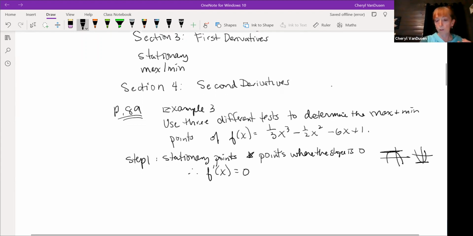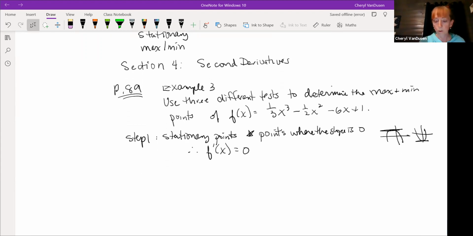Okay, so step number 1 is we're going to have to do some derivative work. We're going to have to figure out where they are. Then we're going to look at the 3 different ways to figure out whether they're maximum or minimum. So let's blast off. Find the first derivative. We're going to have 1/3 times 3x squared